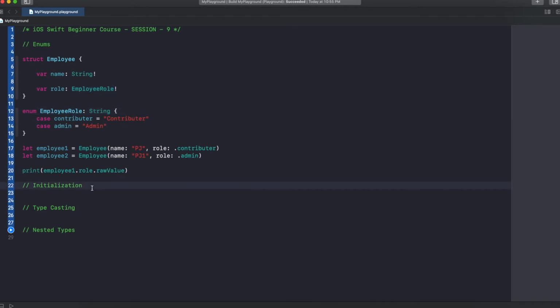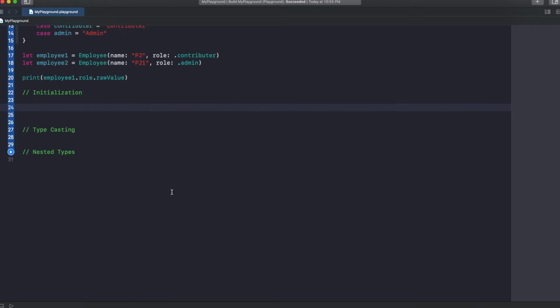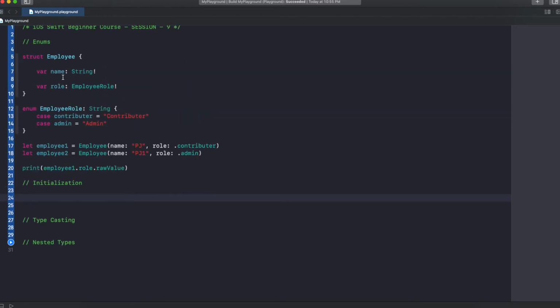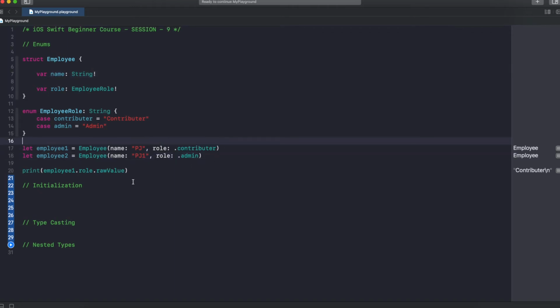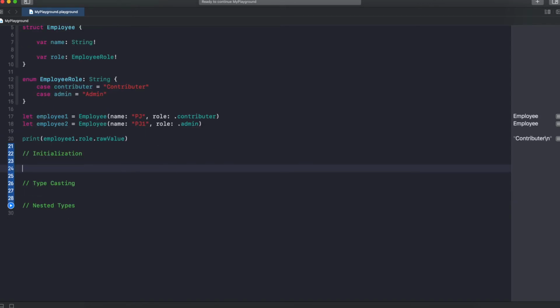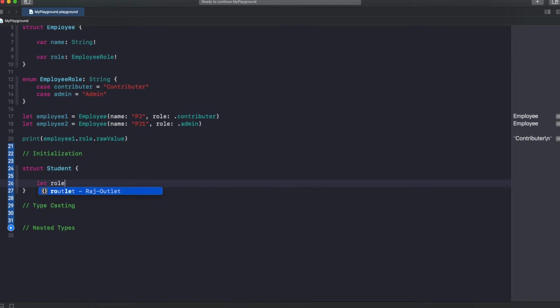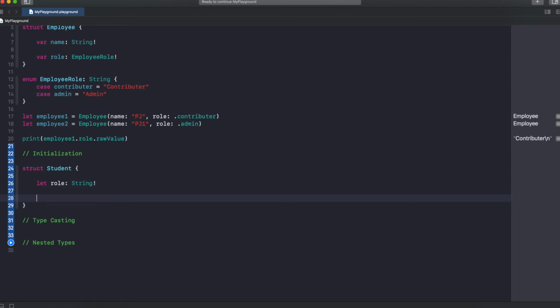Next, initialization. Initialization is nothing but this: we declared a property here, right? But we never initialized it here. It only gets initialized by passing the value. Let's say I want to have a Student struct, and let role be a String.